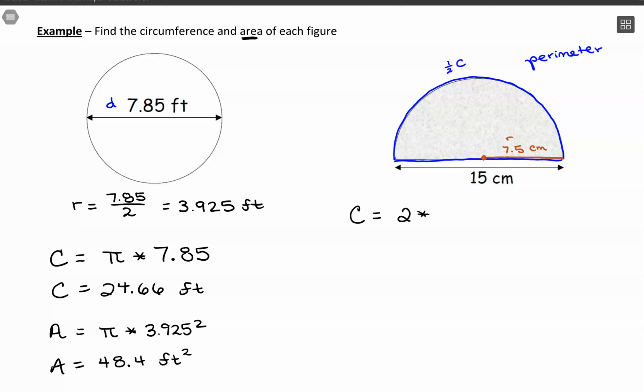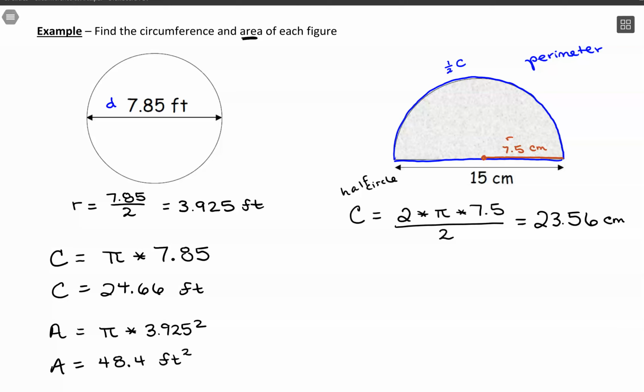But you'd have 2 times pi times the radius of 7.5. But then what we want to do here is cut that in 2, because it's not circumference of the whole circle, it's a half circle. So if we plug that in, what we should get from our calculator is 23.56